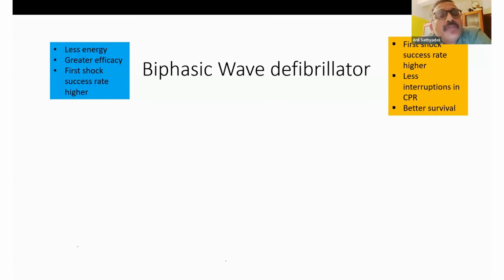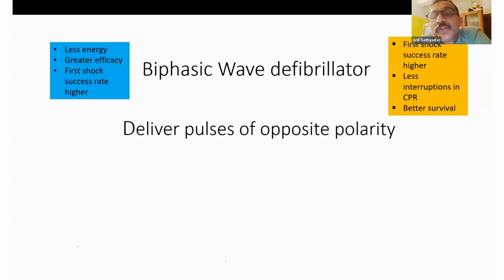The reason for using a biphasic waveform is that it needs less energy for defibrillation. And using this less energy, you have a greater success rate for the first shock and greater efficacy. That is why biphasic is used. And what about the single shock? Why are you giving a single shock? Because when you use biphasic, the first shock itself would revert the rhythm most often. And when you give a single shock, there would be less time stopping the compressions, and it has led to better survival. That is the reason for a single shock.